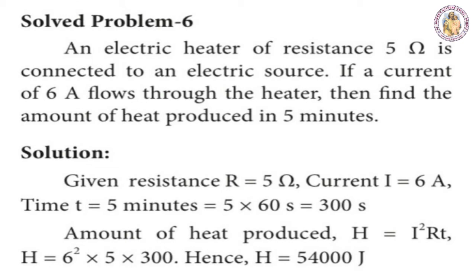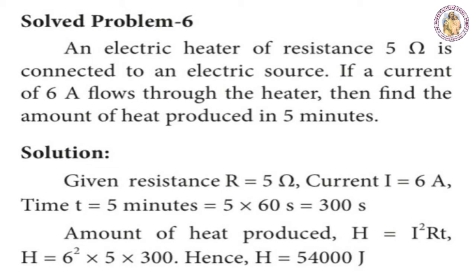Okay, what we want to find? The amount of heat produced in 5 minutes when 6 ampere of current flows through the heater. So, solution: given resistance R is equal to 5 ohm. Current I is equal to 6 ampere. Time t is equal to 5 minutes, but we want to convert this